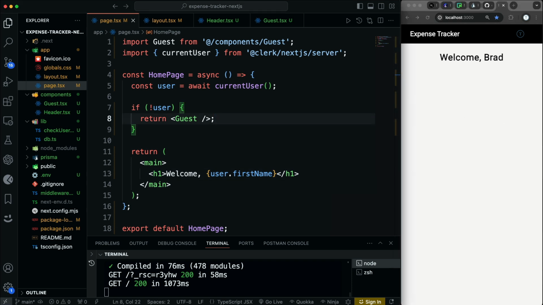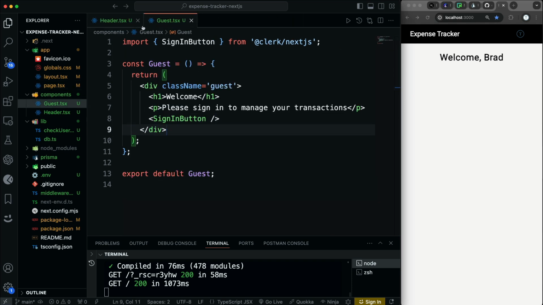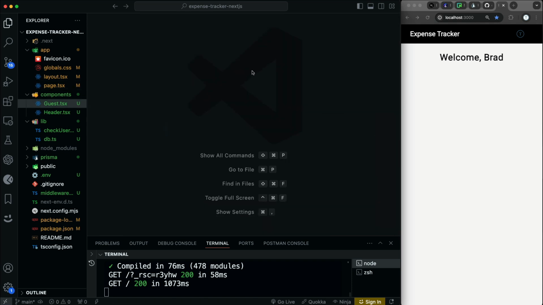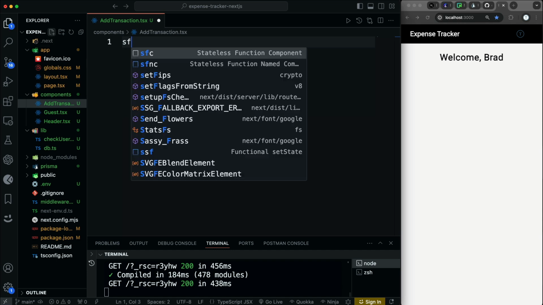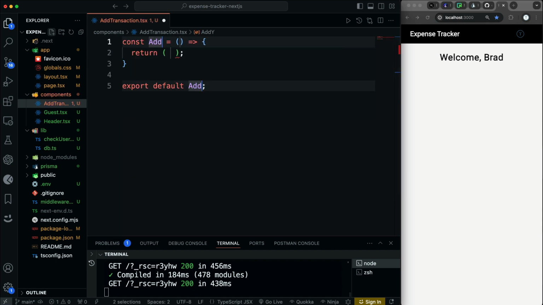Okay, so that's that. Now, what's the next thing? Now we can start to work on our transaction components. We have everything set up as far as basic authentication, as far as the database goes, and our models and tables. So let's start off with the AddTransaction component, because I want to be able to have a form where we can add our transaction and get that sent to the database. So let's create in components a new file called addTransaction.tsx, and we'll do sfc addTransaction,